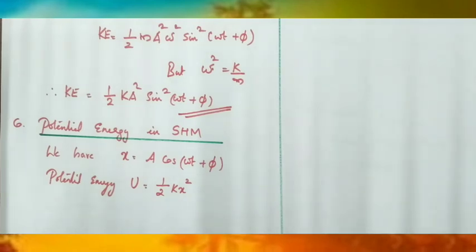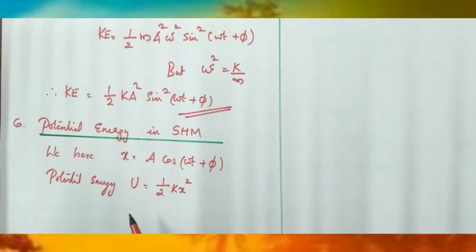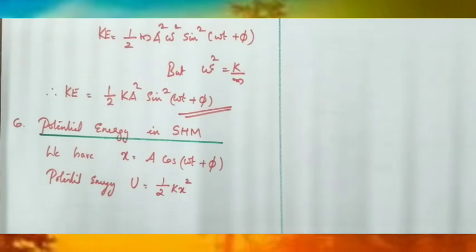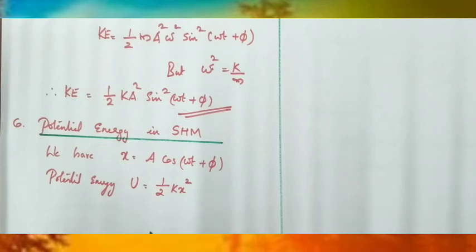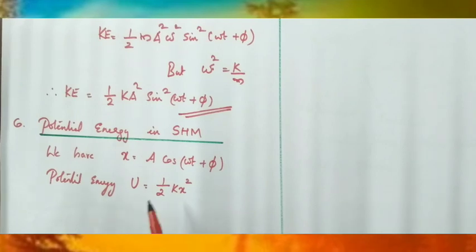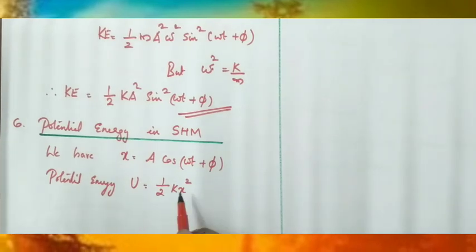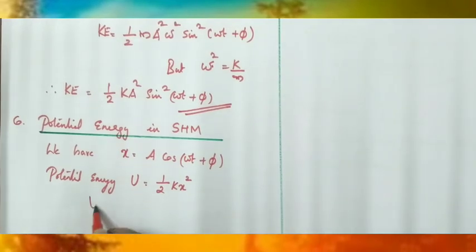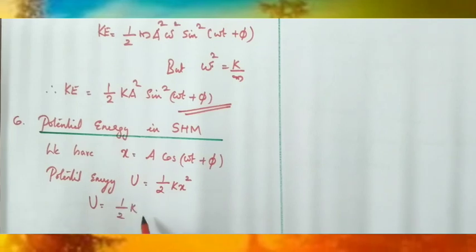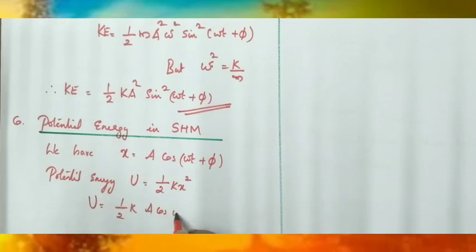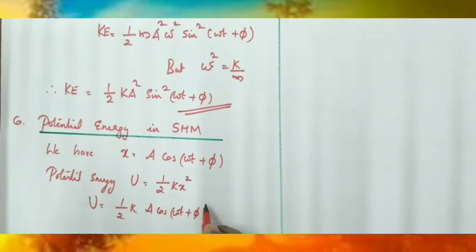Now we can derive the formula for potential energy in simple harmonic motion. We have the potential energy of a spring given by U equal to half k x square. This you have studied in the chapter work energy power. Here the spring mass system is considered the best example for simple harmonic motion. We have displacement x equal to a cos(omega t plus phi), and potential energy is half k x square. We can directly substitute U equals half k into a cos(omega t plus phi), the whole square,